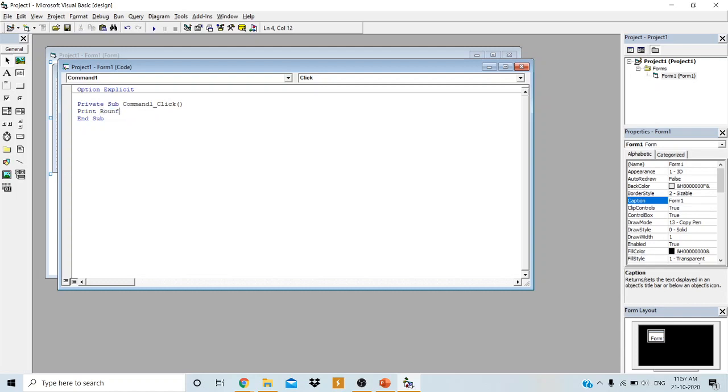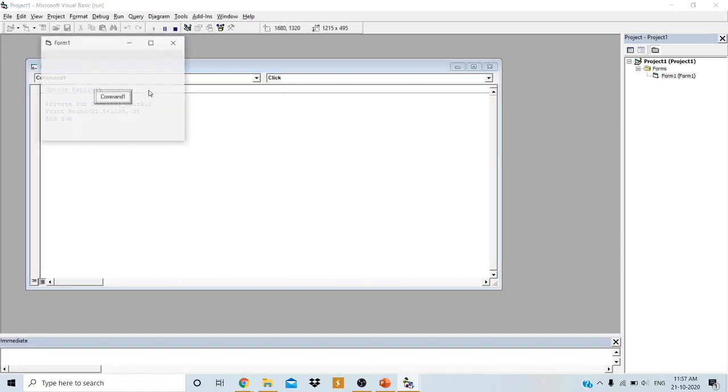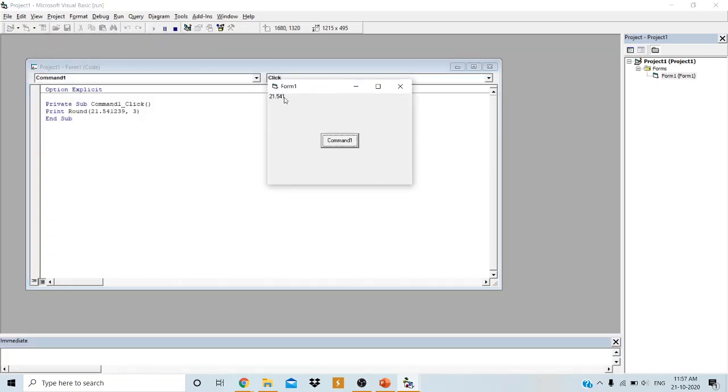Round 21.54129, some number, comma. I have to give the second argument 3. If I give 3, what happens? What will be the output? See here, 21.541. It has rounded off to 541 itself.